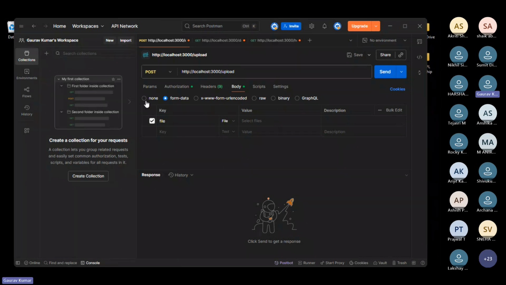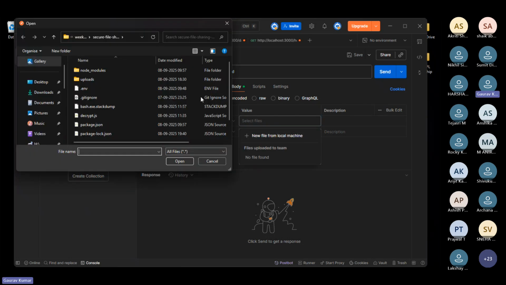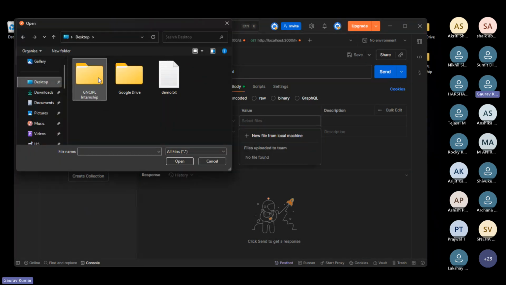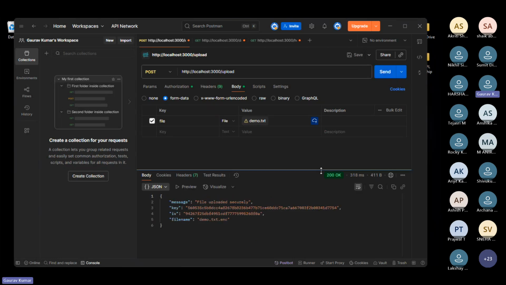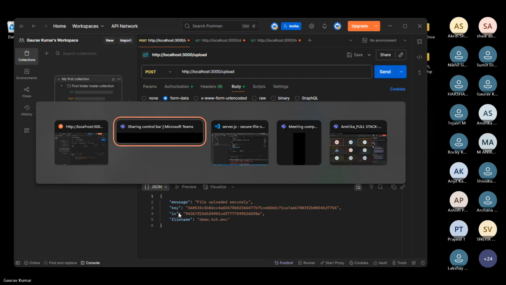First of all, the uploading section, a POST request. I'm going to select a file from the desktop, this demo.txt file. Upload. It uploaded successfully.